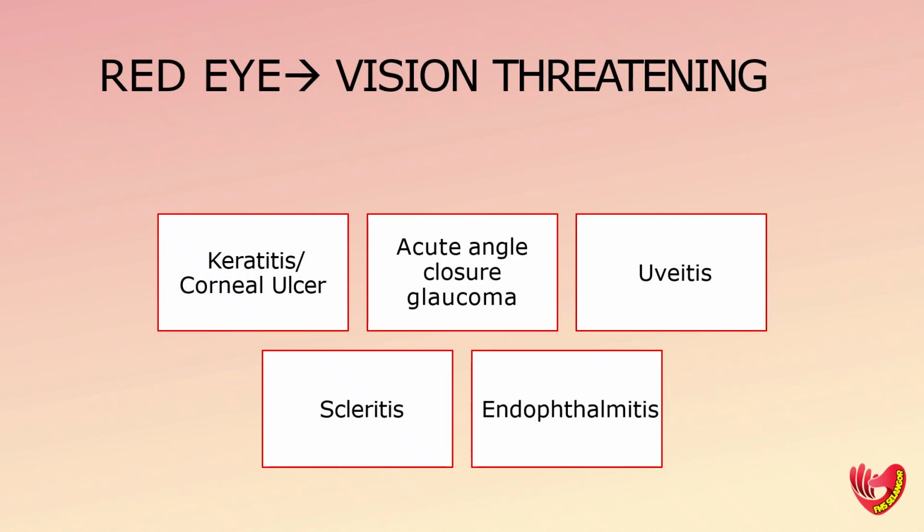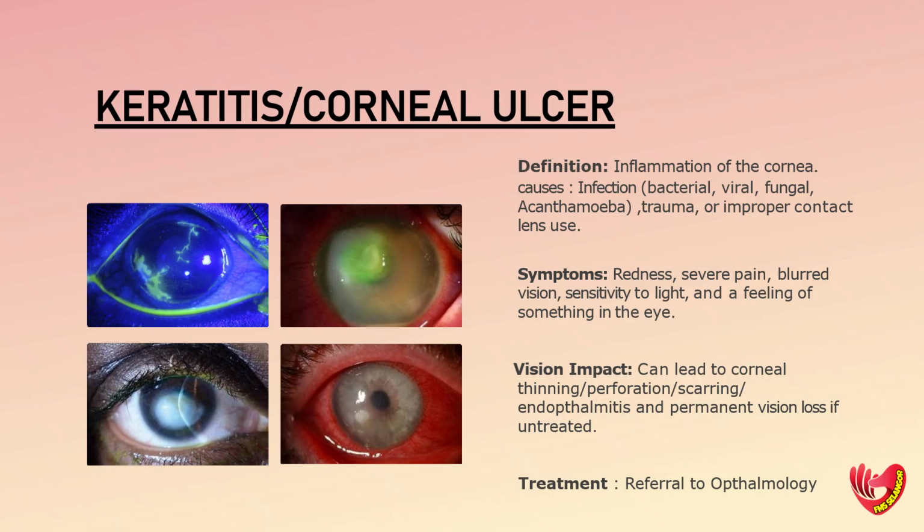Red eye conditions that cause threat to vision are corneal ulcer, acute angle closure glaucoma, uveitis, scleritis, and endophthalmitis. Corneal ulcer or keratitis refers to infection of the cornea. Although infectious ulcers may also be due to fungus, viruses, mycobacteria, and protozoa, bacteria are the most common cause of